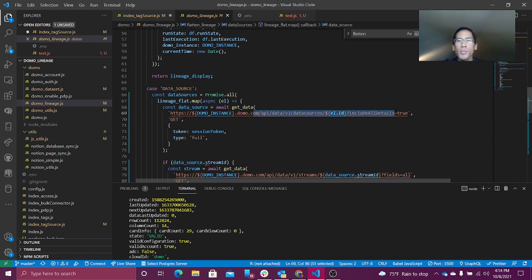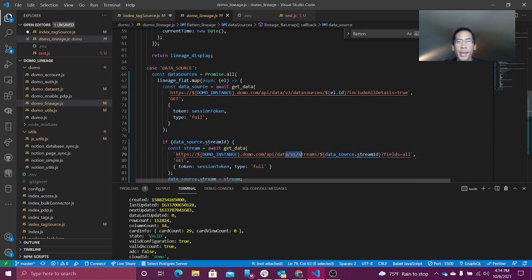We're going to hit the data sources API again. We're going to include all details, but the data sources API doesn't give you any of the streams data, the information about how the data gets updated in Domo. And so those configuration settings are under the streams API. And what I do is I say, hey, data source gives me stuff about the data source. I capture that stream ID if it exists, and if it does, I'll go through the stream API. Now, why am I testing if the stream ID exists? Well, for example,